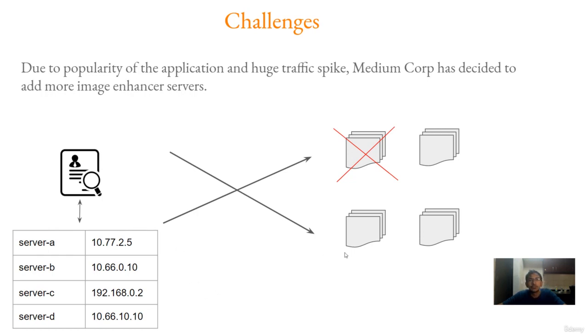Now, although this seems good, one of the challenges that comes up is, let's say that server A has gone down. The image gatherer has no way of knowing that the server is down. So there needs to be additional logic at the image server that will run a health check on all of the servers. If the health check fails, then the configuration file entry associated with that server also needs to be removed. So the image gatherer application needs to do more than just image gathering, and this will introduce a lot of challenges.